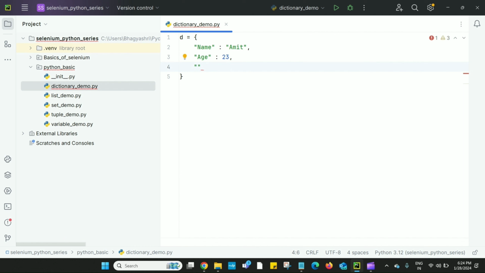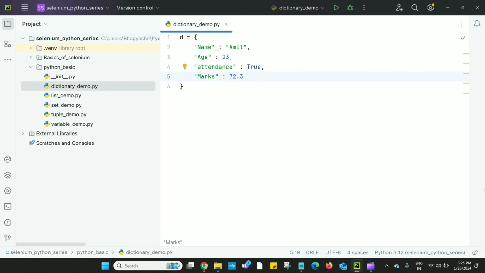Now we'll take a boolean value as well. Consider attendance. If the student is present, then its value will be true, otherwise false. Let's say its value is true. Next we'll take one more key, marks, and let's consider 72.3.